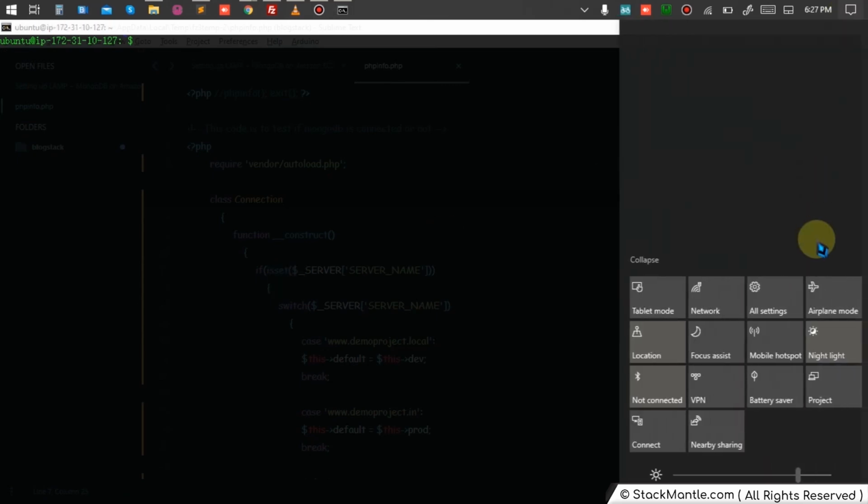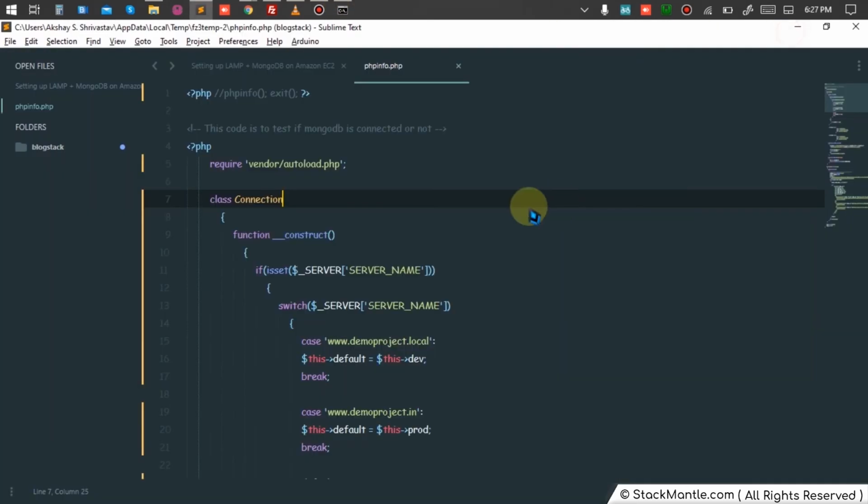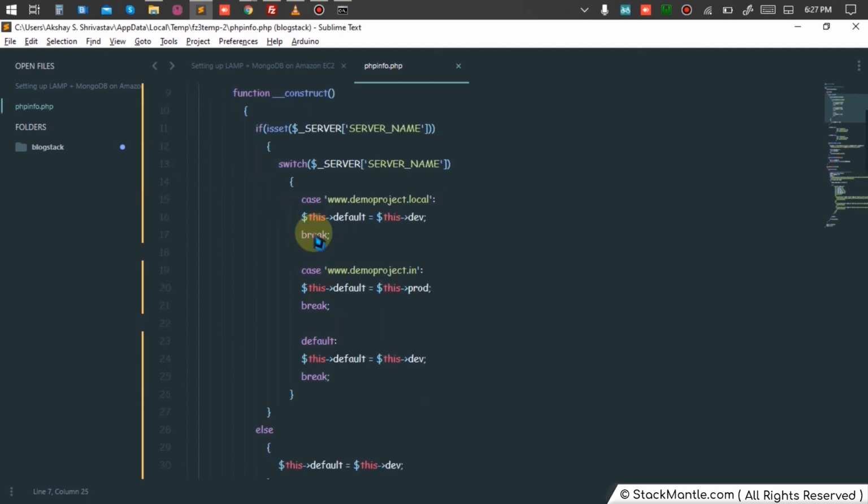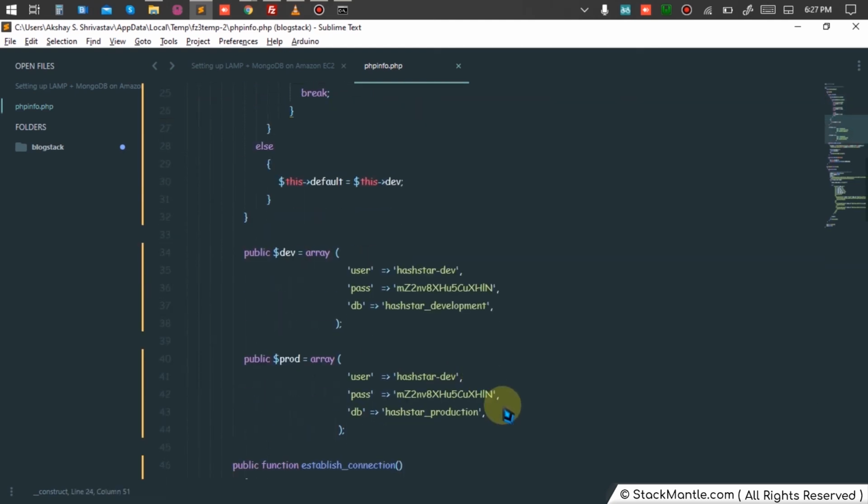So what I have done is, in this PHP file, I have set up my connections already. Okay, so what I'm doing is I am having some default variables and I'm switching them dynamically as per the server. So if, say, I'm working on my local, it would load the default dev variables. If the code is running on a production server, it would pick up the production server's variables, and by default it would pick up the dev environment variables. Okay, and I have defined the variables over here.